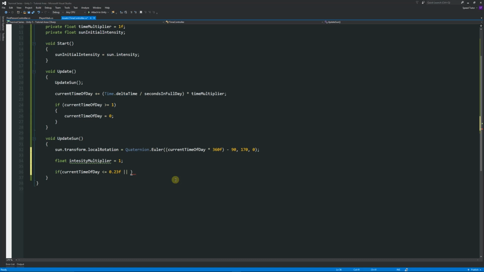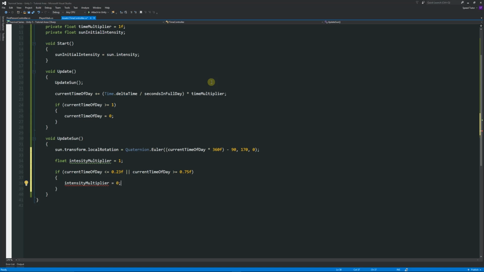So if the current time of day is less than or equal to minus 0.23f, or current time of day is greater than or equal to minus 0.75f, what we're going to do is set the intensity multiplier